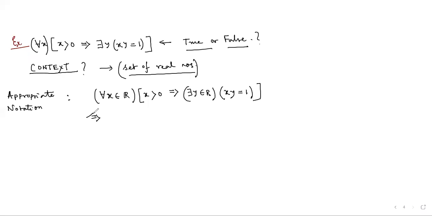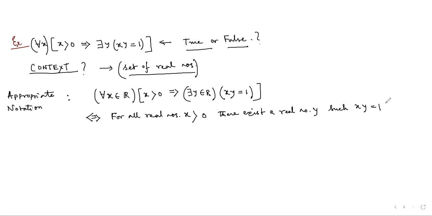It means it is equivalent to the statement that for all real numbers x greater than 0, there exists a real number y such that xy is equal to 1, where xy means the product of x and y,